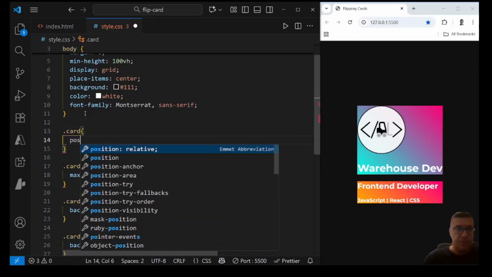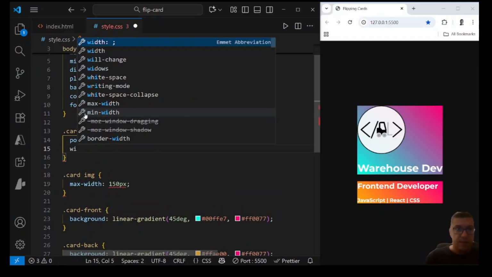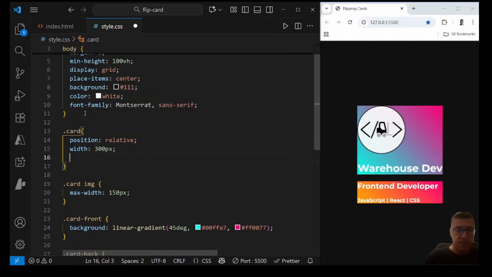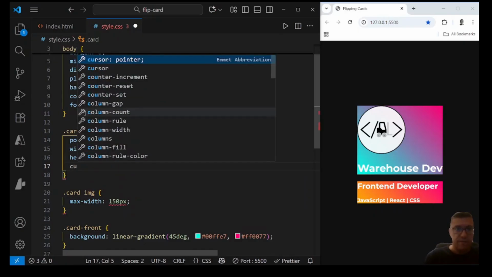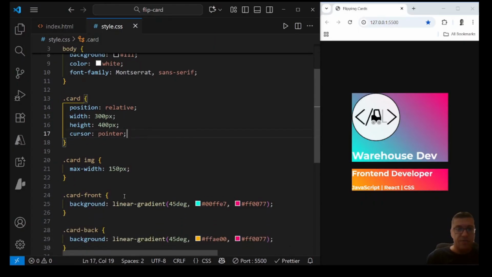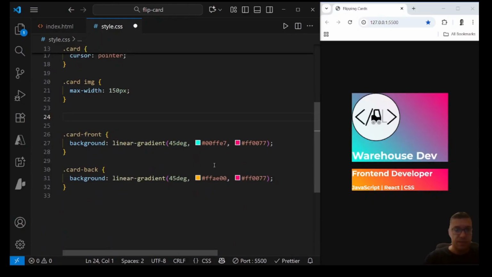container. First, I want it to be positioned relative because I want to position my card absolute, and I give it the width of 300 pixels and a height of 400 pixels. I also want to have a cursor to the pointer. Hit save. Now let's start styling our card front and our card back, and I will do the styling for